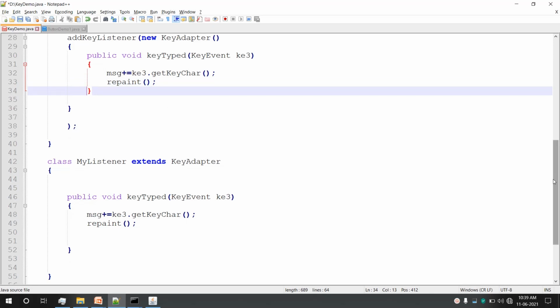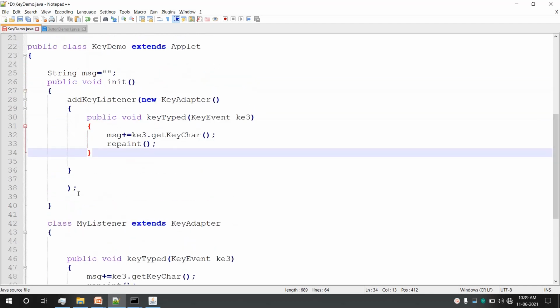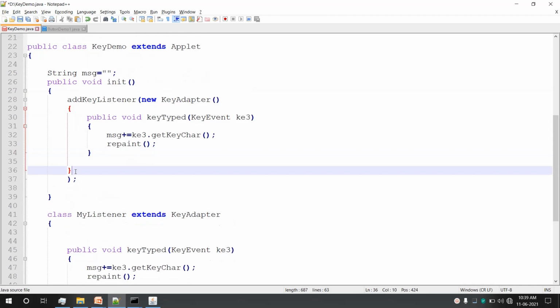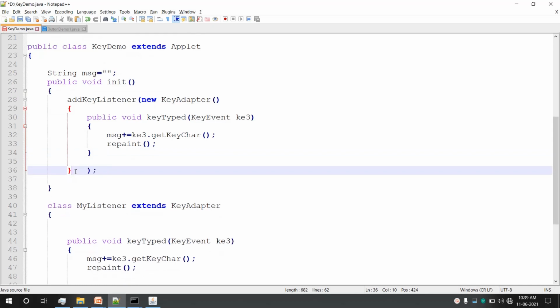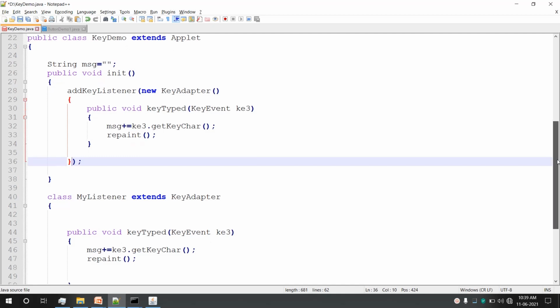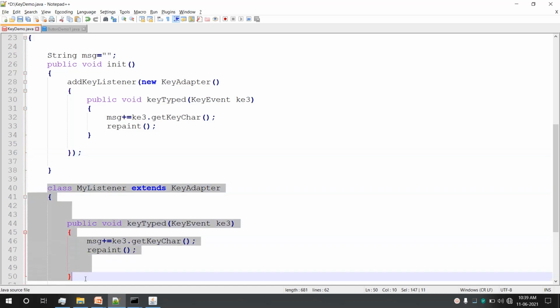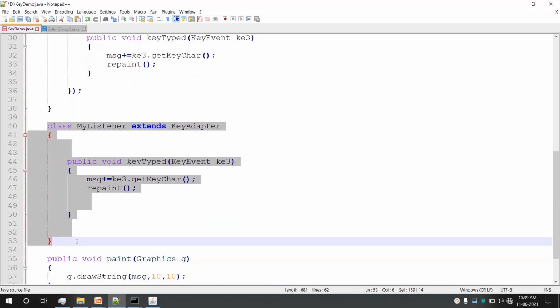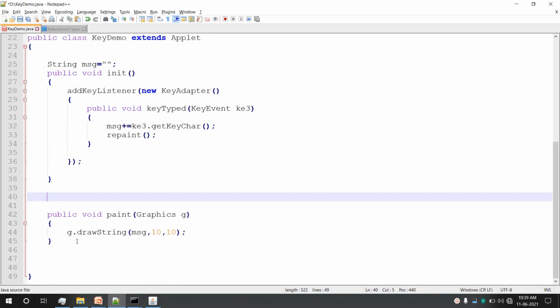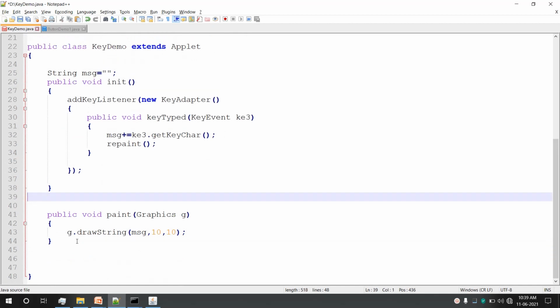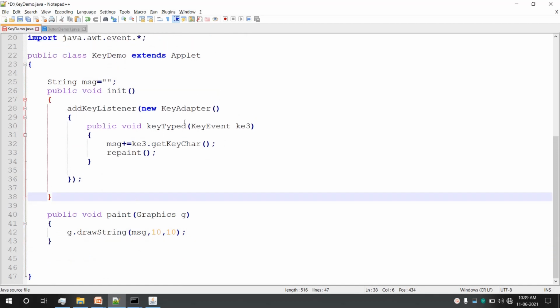Now what we have done is we have created an anonymous inner class here to handle the key events, instead of using the inner class which we used here. I'll just remove it now because we have used anonymous inner class. The same work will be done by the anonymous inner class.